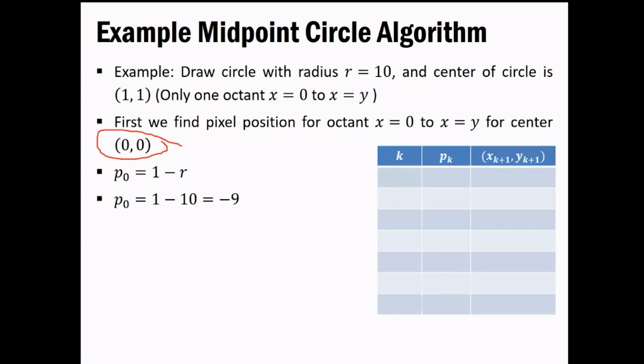Okay, so we have each and everything in our hand. We can simply take 1 minus r, and the very first thing we get is the initial parameter value, that is minus 9 in our case. Based on the minus 9 value, we have to check this decision parameter whether it is greater than 0, less than 0, or equal to 0. At each and every iteration you have to check this particular thing. Right now it is obviously less than 0.